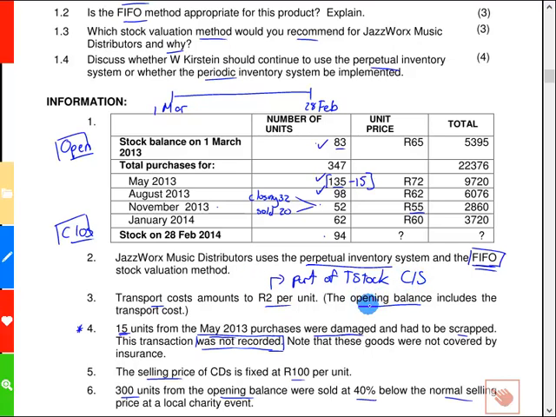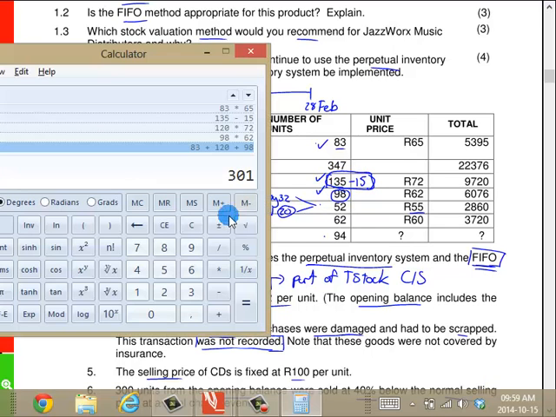But the information tells us that the opening balance already includes this 2 Rand, alright? So the 83 units already include the 2 Rand, but this 120, 98 and this 20, they don't include the 2 Rand. So we need to calculate the 2 Rand transport cost for those goods, which is